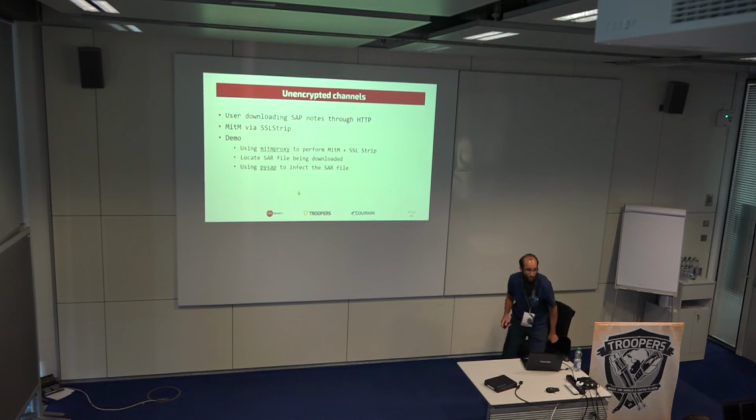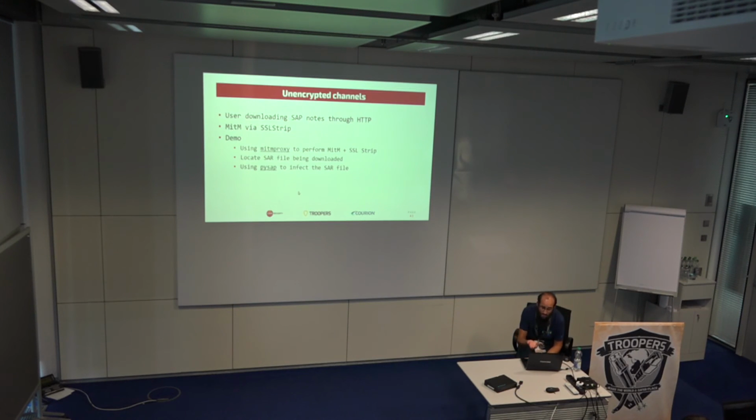So what we can do is a man in the middle on the web connection to the HTTP server, using an SSL strip attack, which is a very well-known attack, which is basically changing all the URLs from HTTPS to HTTP and removing all the headers that tell the user's browser to not use